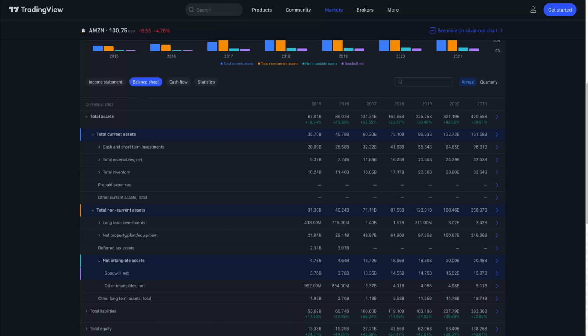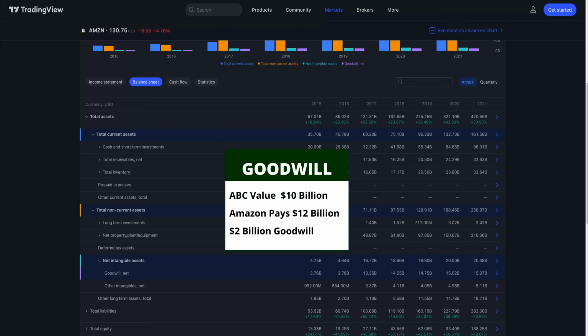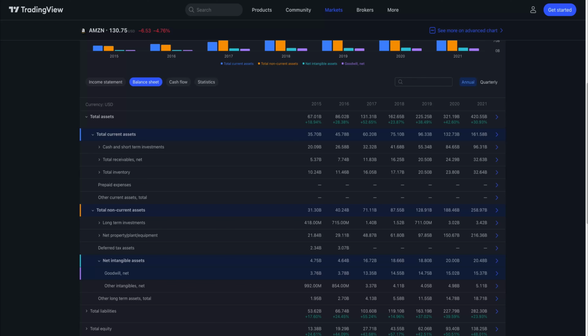For example, let's assume Amazon wants to buy ABC company that is valued at $10 billion, but it pays $12 billion for it. That means that Amazon overpaid $2 billion to acquire the ABC company. That $2 billion will be added to the goodwill on the balance sheet. One main point to keep from this section is that since goodwill is basically a company overpaying for another company,